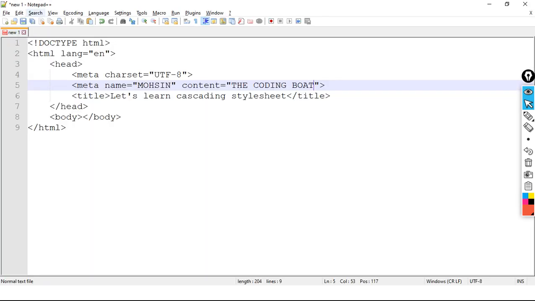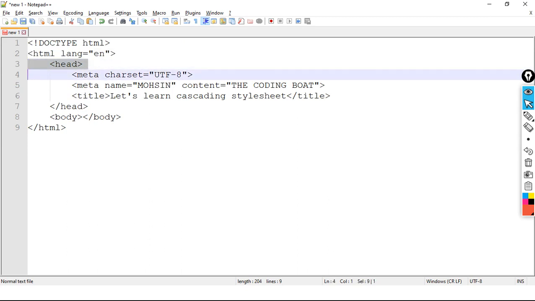This is our code editor, Notepad++, and this is the basic format of an HTML document. Here we have doctype HTML, meaning we are declaring this document is of HTML5. Here we have the opening html tag where the primary language is English.